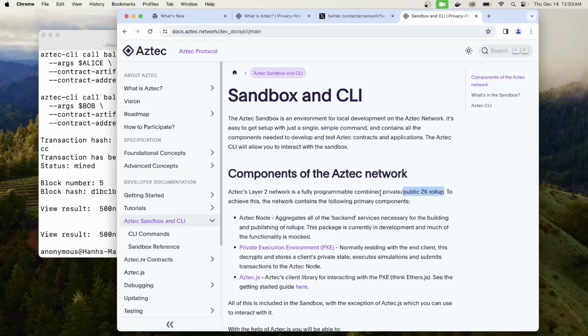But if you just do that, there's no proof that these transactions really existed. You have to provide a proof that what you are committing on the main chain actually reflects the changes that you have made on the L2. And the way to do that is zero knowledge, because basically a zero knowledge proof is